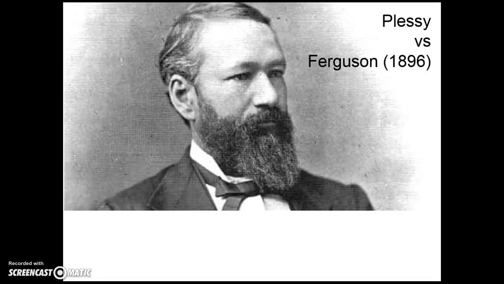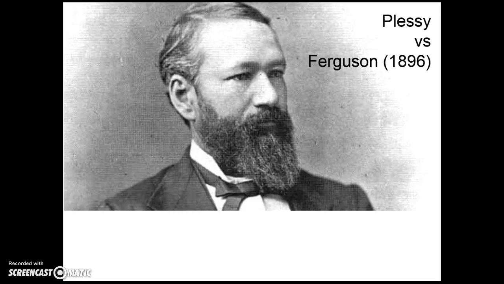But we're going to go back first to a court case that set the original precedent when it came to race and division based on race. It's called Plessy versus Ferguson. This is a picture of a gentleman named Homer Plessy. According to laws and legal codes during the 1890s, Homer Plessy counted as a black man, even though his skin was very light; he was Creole. One of the things he wanted to do to make a point was to ride on an all-white train car. He was arrested and sued, and it went all the way to the Supreme Court.